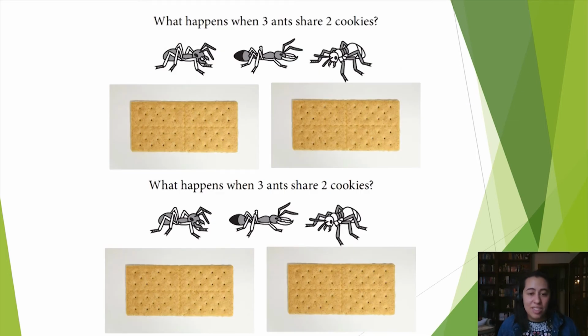So here's the same problem again. We know that if we break the cookies into halves, that we won't have equal amounts for each ant and be able to eat the whole thing. So maybe let's try thirds and fourths and see if that works. If you want to pause the video now if you can and try it, that would be great. If you want to just draw along, I'll be quiet for a moment and do some drawing, and you can do some drawing too.